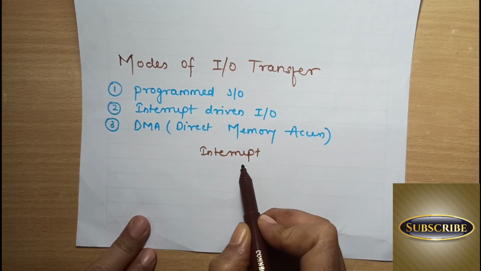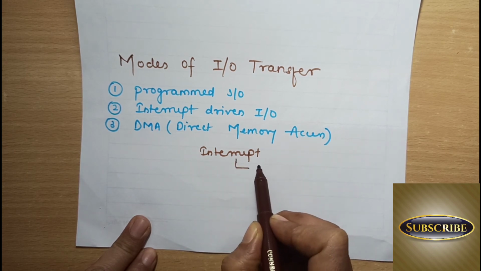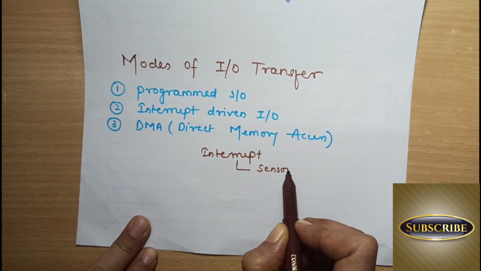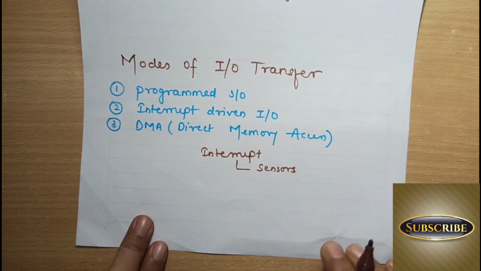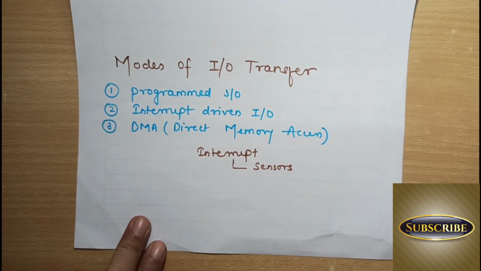So what are the things which can generate interrupt in a computer system? Like some sensors. If you are using some sensors in your computer system, whenever that sensor gives some information to the computer system, the CPU has to stop its normal operation and first service the interrupt, so that the interrupt can be handled efficiently at the time it has been generated and demands the service, so that it will not harm our computer system.